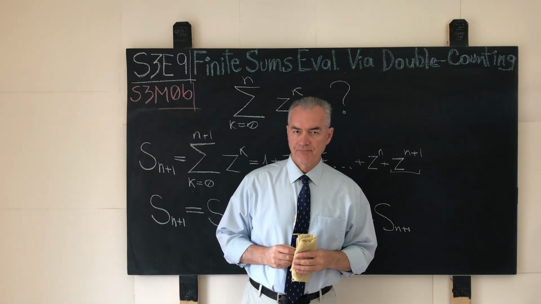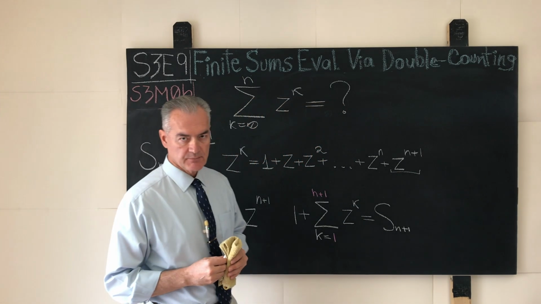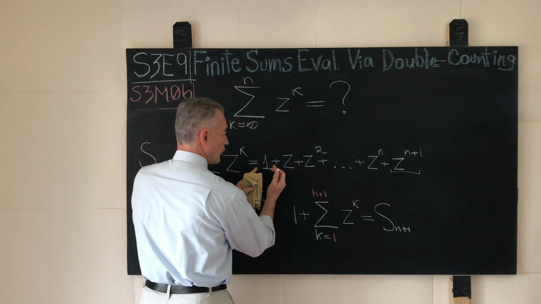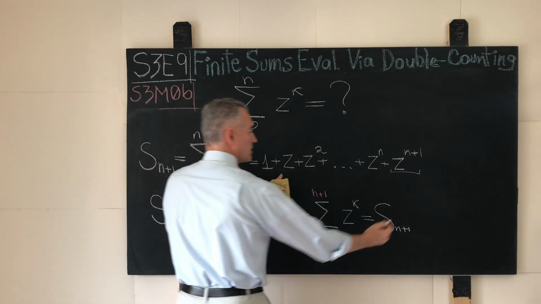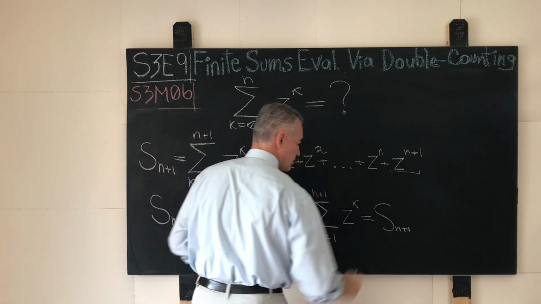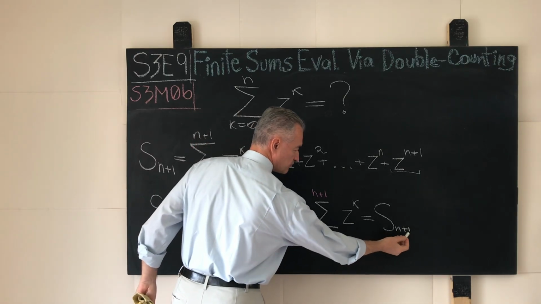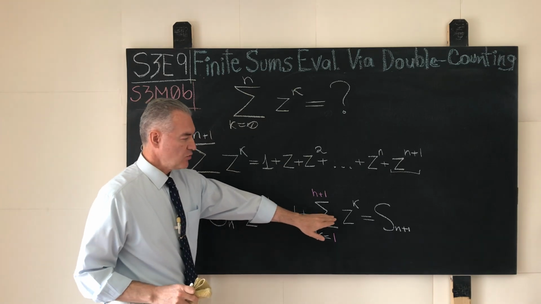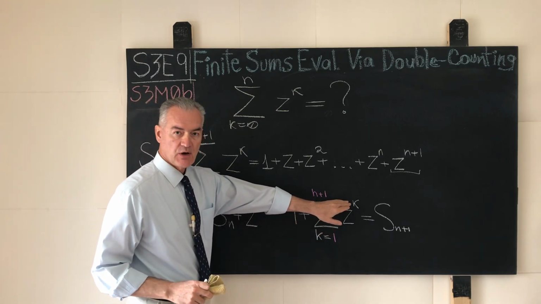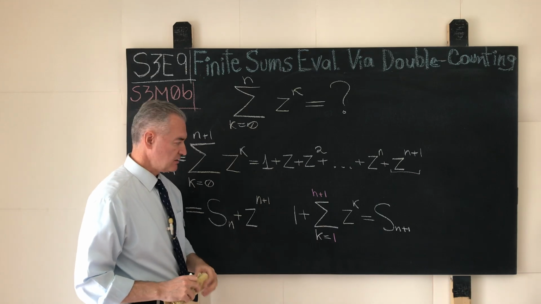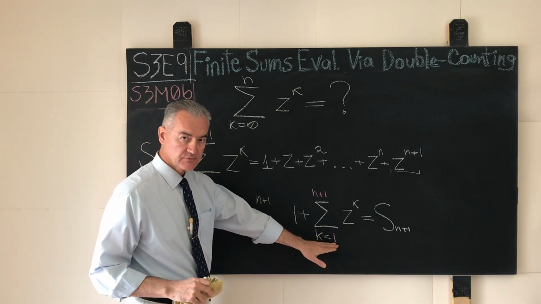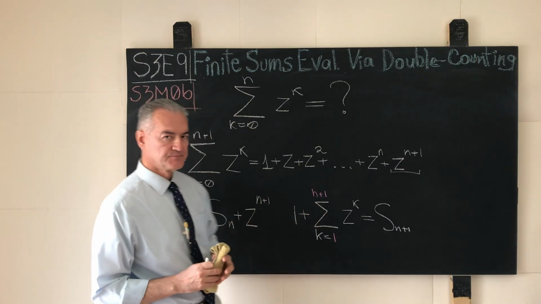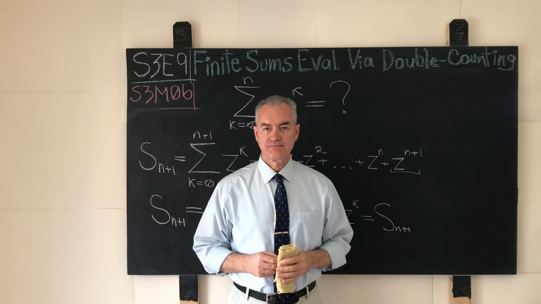at the same time, the very same iterated sum S_{n+1} can also be represented as the first term plus the rest. As such, write down the expression for S_{n+1} as 1 plus the sum of the terms z raised to the power of k, where the summation index k varies from 1, shown in red, to n plus 1, shown in red. Hence,